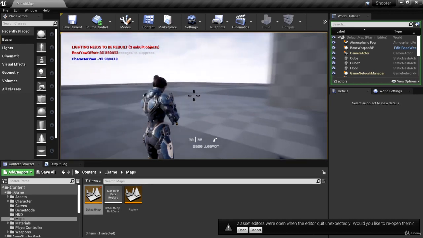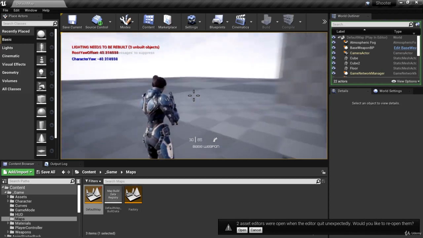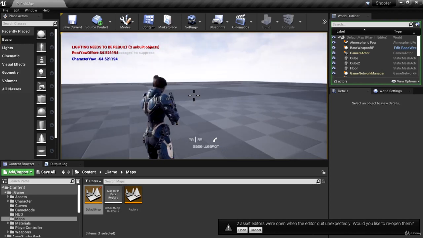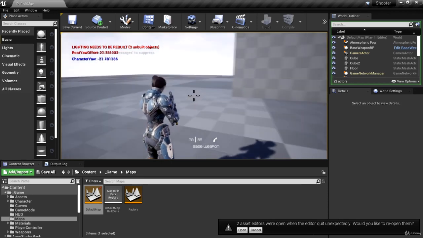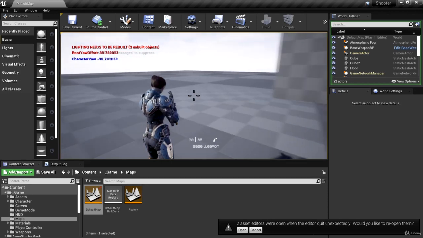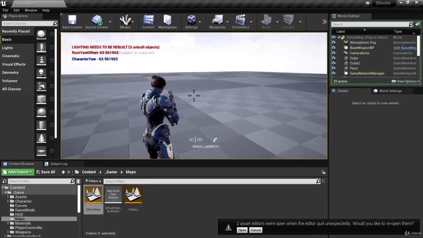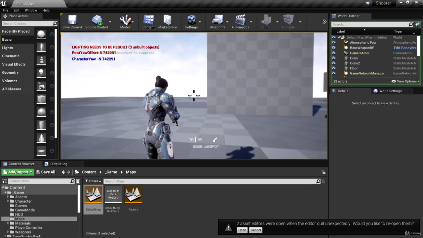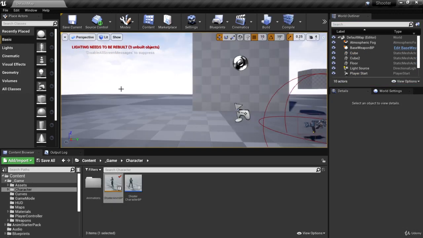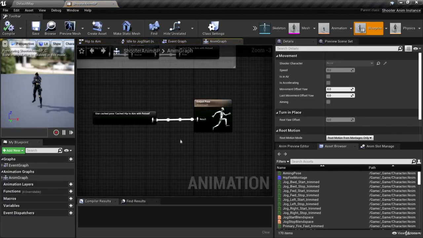And so we're going to use root yaw offset to rotate our root bone back toward the forward direction. So as character yaw is changing, root yaw offset is going to be compensated in the opposite direction by that amount. Now, in order to rotate the root bone, we're going to open up our shooter AnimBP, and down here